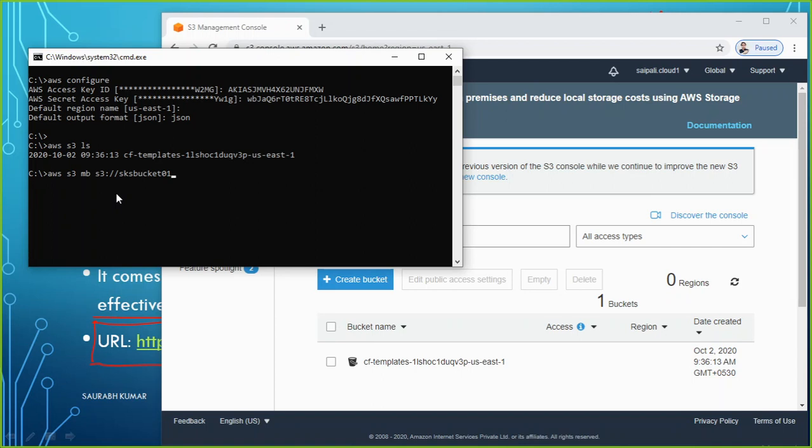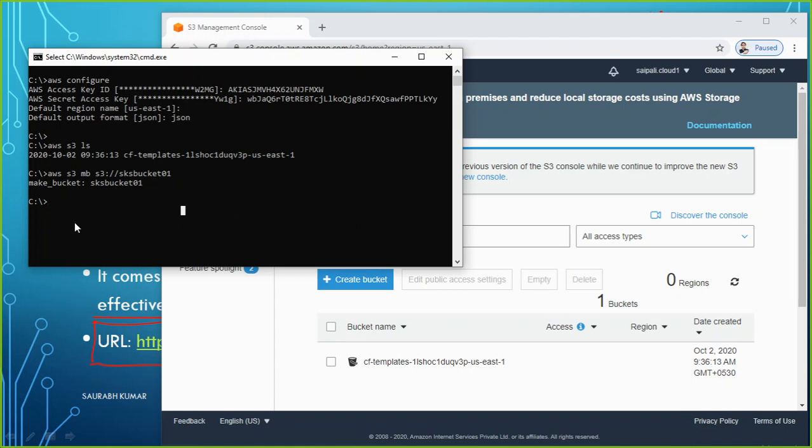So now this is what I want to create, and we want to see the output. Let's perform this task. After typing this command, I just hit enter and wait for a few seconds. You can see it has executed the make bucket command with the name SKS bucket 01. Has it shown here? Not really, because I have to refresh. But why should I check even from here?